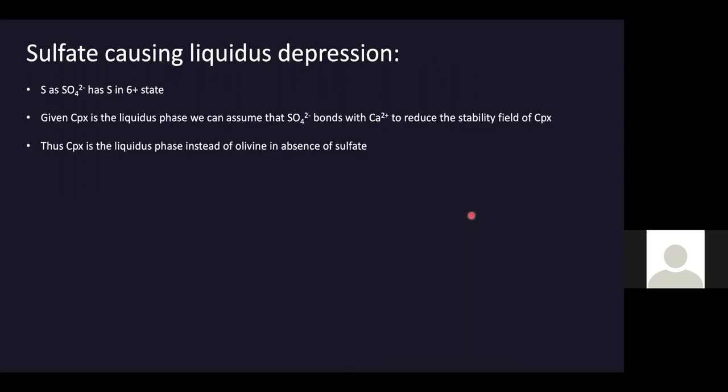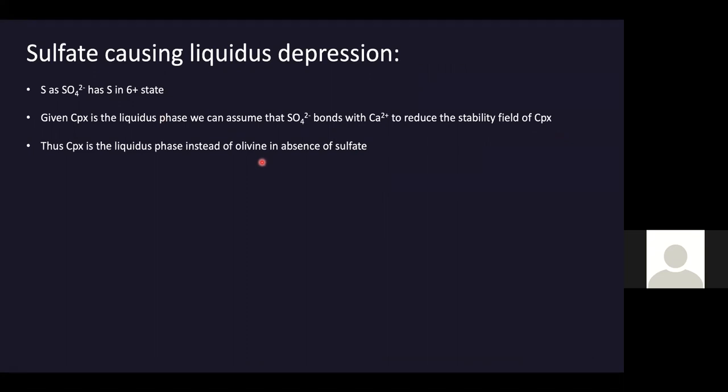Sulfur is present as a sulfate anionic group when it is S6+. Given clinopyroxene is the liquidus phase, we can assume that the sulfate anionic group bonds with calcium 2+, which reduces the stability field of clinopyroxene. Thus clinopyroxene is the liquidus phase instead of olivine, which is the liquidus phase in the absence of sulfate. Once we show that sulfate does cause liquidus depression a bit more along with water in